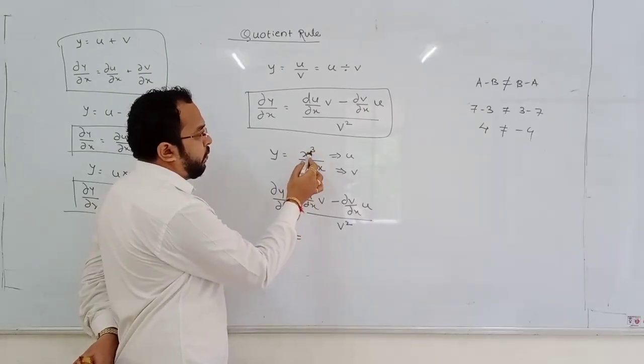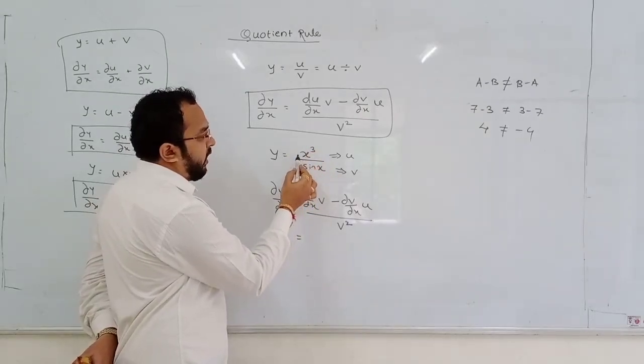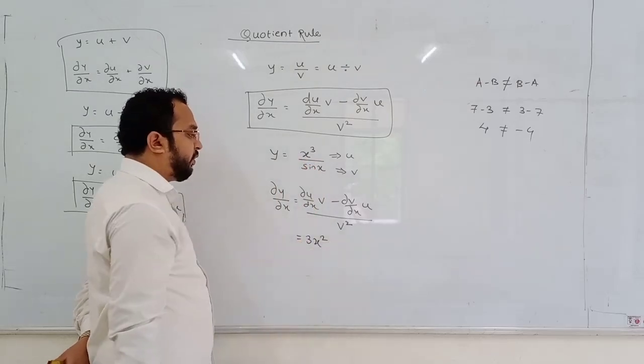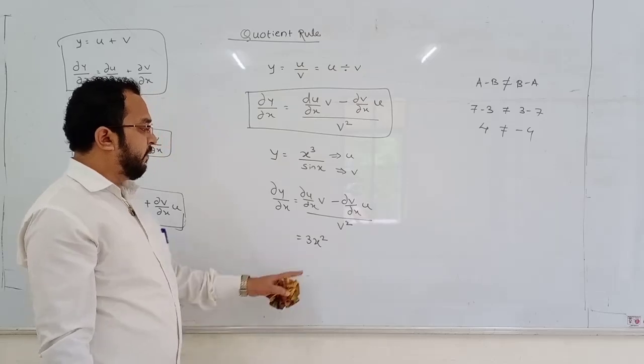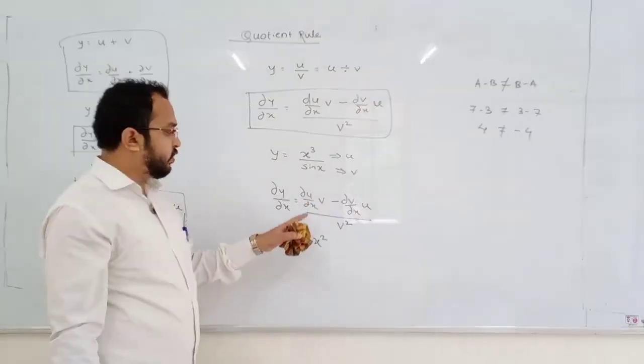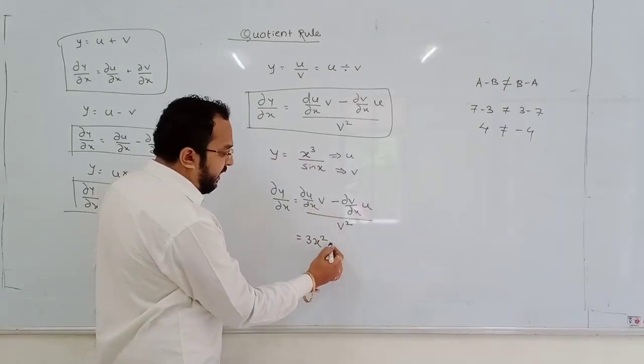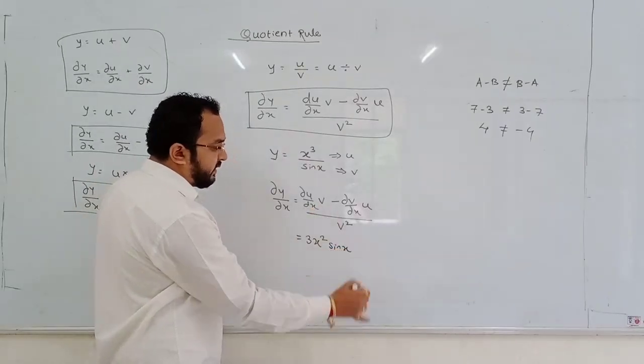Differentiation of x cube: take the 3 in the numerator and reduce the power by 1. It will be 3x square. This is the differentiation of u, or differentiation of the first function, into v. v means the second function, that is sin x, as it is,